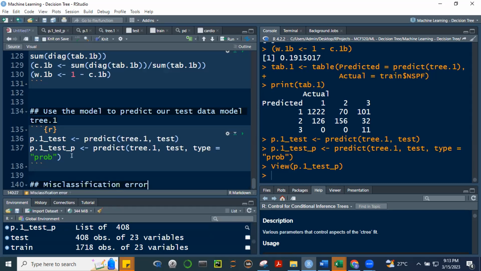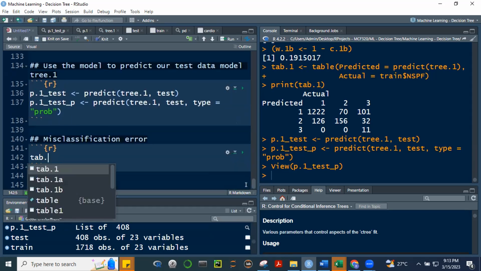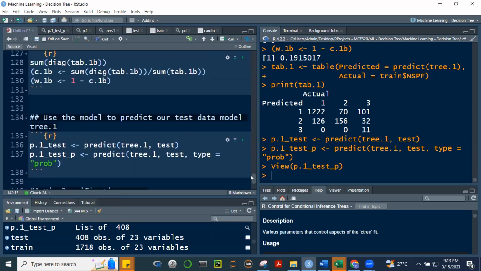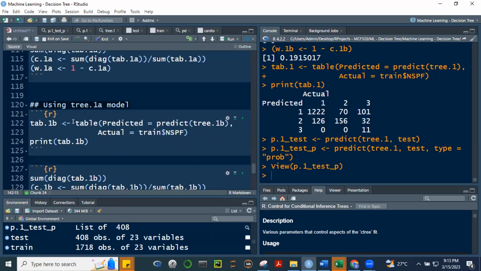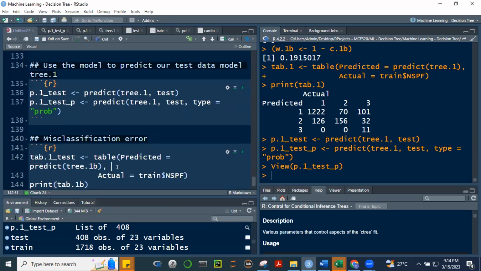Hello? You still there? Tatapos na tayo. Ito na, yung misclassification na natin. Okay, tingnan natin kung based on this, no? So let's now mag-create na tayo ng yung table natin. No? So we use tab.1 underscore test for our test. Okay, and then it's also the same. Copy na lang natin, no? Para mabilis tayo ito. Table, Control C, Control V. So that's table.